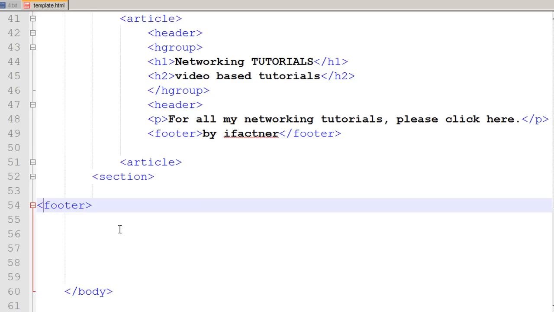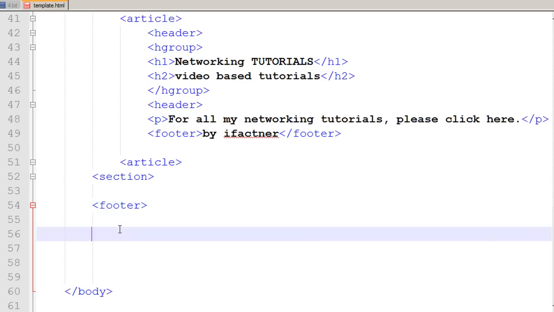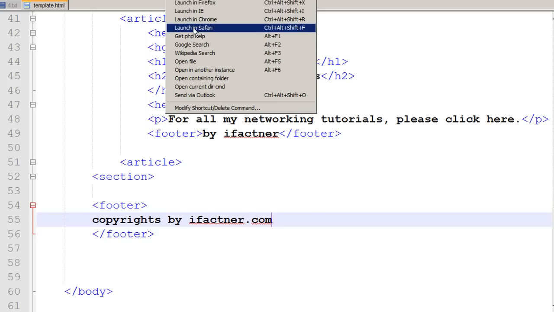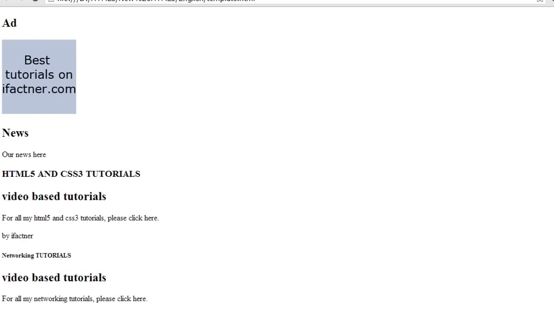If it's not formatted right, I just use the tab, and I close the footer tag, and in the footer you can write anything. So I would say copyrights by ifectner.com, and I save it, and I click on run, launch in Chrome,